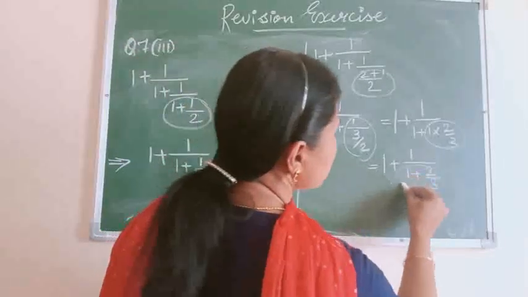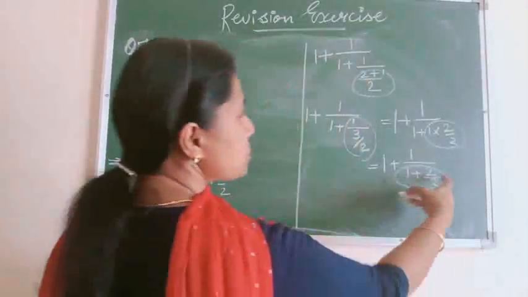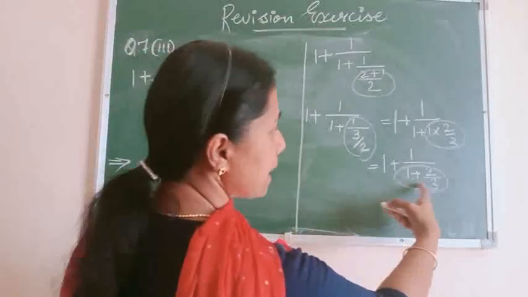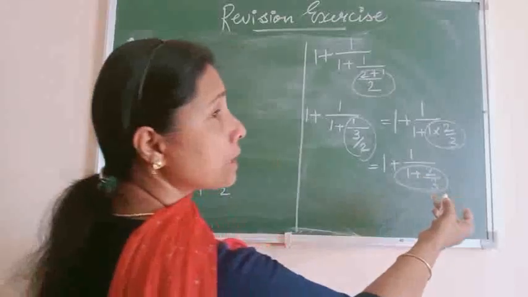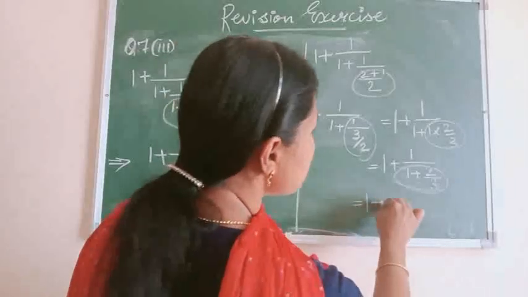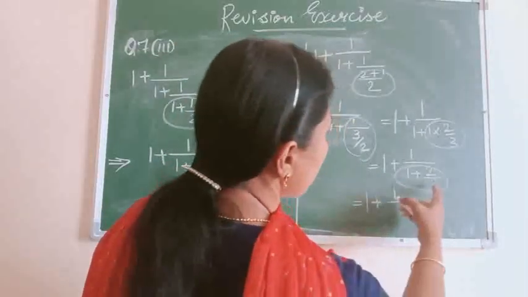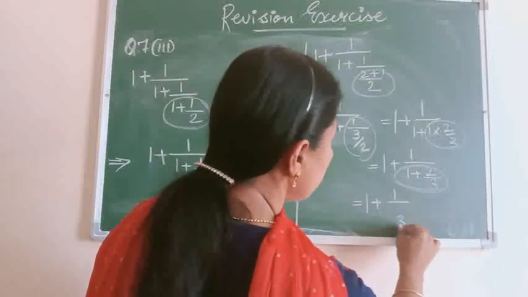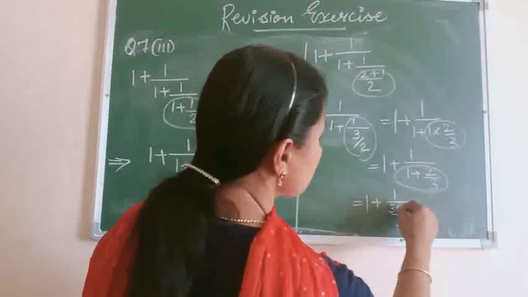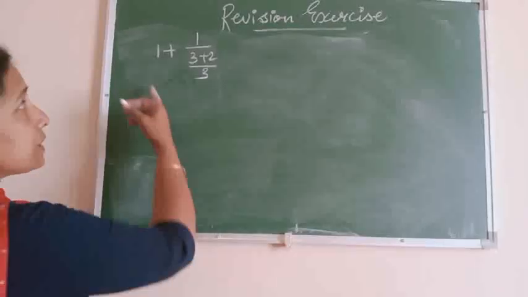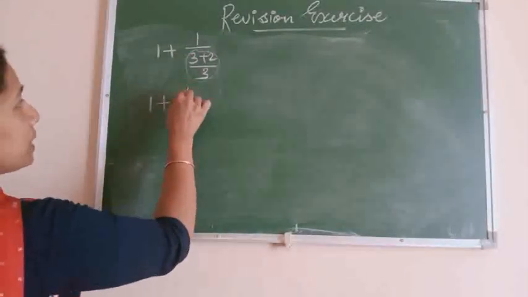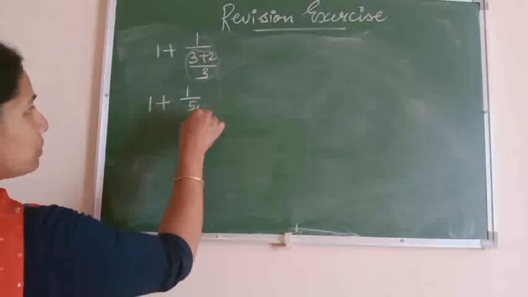Now we are solving this one. Okay, 1 plus 2 upon 3 we are solving. So here also it is addition of fraction. You have to find the LCM of 3. 1 is 1 upon 1. LCM of 1 and 3 is 3 only. That I am taking directly here. It is 1 plus 1 upon LCM of this one 3. So we taken 3 and here this 1 became 3. 1 into 3, 3 plus 2. Okay, after getting this step, see we are solving this one. It will become now 1 plus 1 upon 3 plus 2, 5 upon 3.